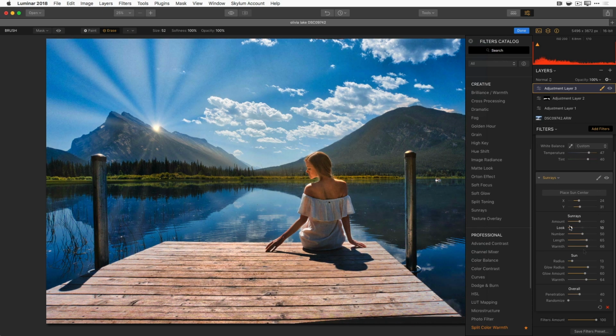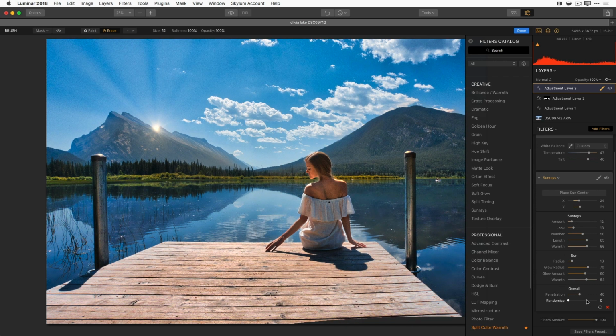And I can adjust how these sun rays work. So I'm going to go ahead and move the look slider to the left, and that just makes it a little more subtle. I want fewer sun rays, and I actually want them to penetrate deeper into my image. So I'm going to move that to the right. Now this is a good start. I might have pulled it back a little bit too much,